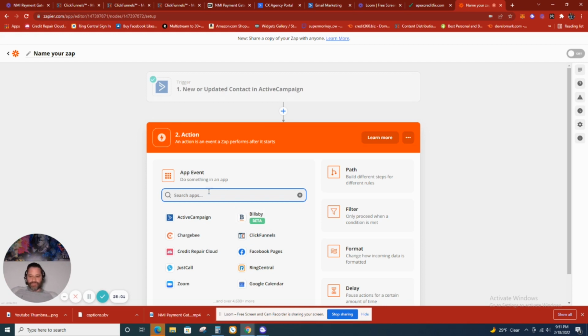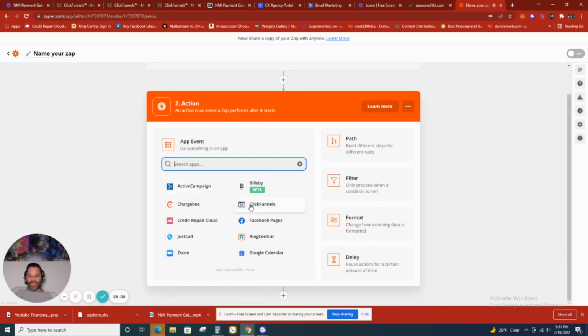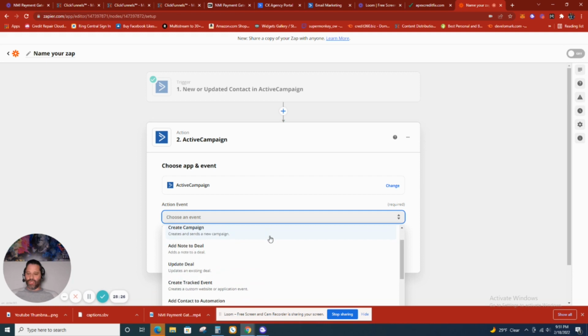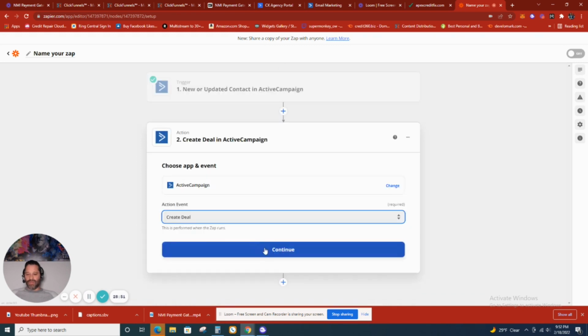And now, what do I want it to do? Maybe I want to send the information to ClickFunnels, or maybe I want to send it to a Google Calendar, or maybe I want to send, you decide where you want the information to go, right? In this next feature. So let's see, where can I send? So let's send it back to ActiveCampaign. How about that? We're going to tell ActiveCampaign to add a note, create a deal, and